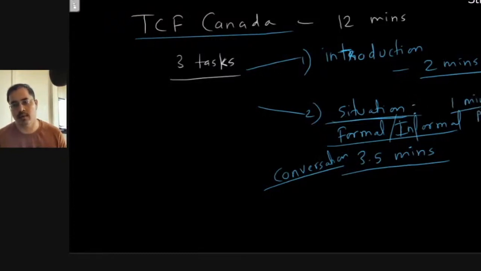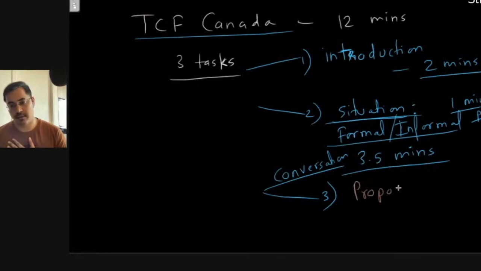Once the examiner gives you the situation, you get 1 minute to think about what you might say, 1 or 2 minutes. If you do not understand what the examiner is saying, what the situation is, you can ask for an explanation. You can say, "est-ce que vous pouvez m'expliquer encore une fois?" Or you rephrase stuff, okay? And they will rephrase it probably in easier terms, but usually it's not very difficult to understand. But again, don't do it twice. Don't just keep on asking them what is it, because that shows that you don't understand what they're saying. So maybe once you can. So that's the second task.